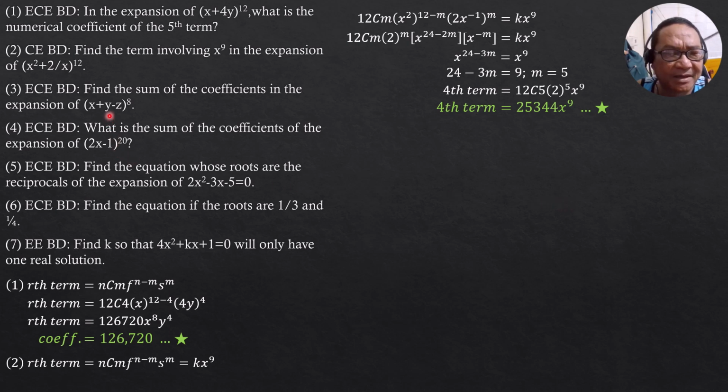Number 3, find the sum of the coefficients in the expansion of quantity x plus y minus z raised to 8. So take note that when we expand binomials or trinomials of that form, when it involves variables, for instance, x plus y squared, just a specific simple example, if you expand that, that's x squared plus 2xy plus y squared. If you replace all the variables by 1, take note that the coefficients won't be affected.